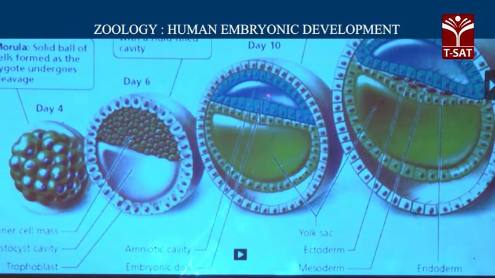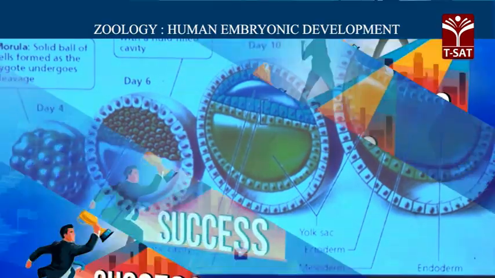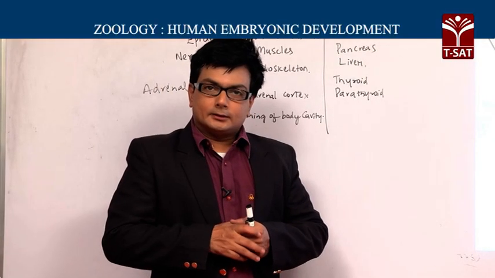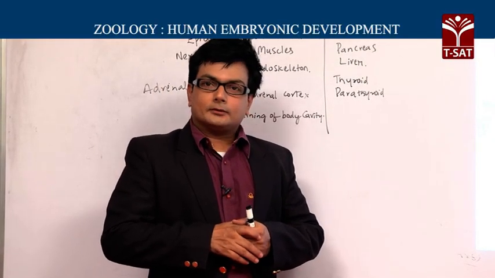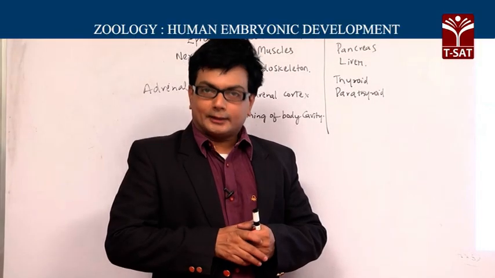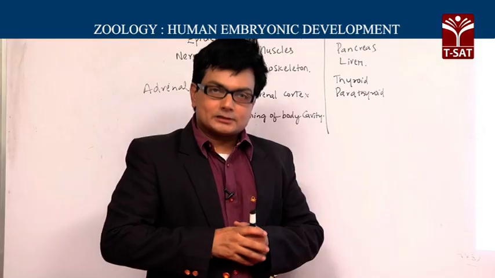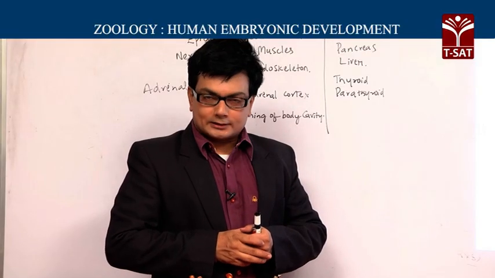And this one, the upper one, is forming the embryonic disc. And this is on day 10, and by then the implantation is over. After talking about the formation of the yolk sac lined by the endoderm and the upper group of cells forming the embryonic disc,